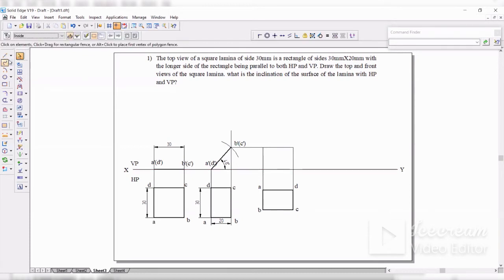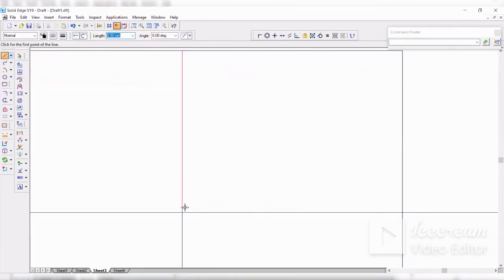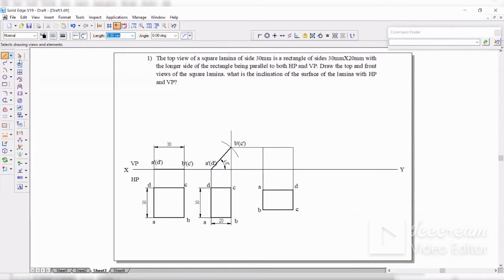Second, I did not get this properly. So from this intersection, I should get a point. So if I'm not getting it, I'll take zoom. I'll get the intersection here, from here to here. Now I've got the points, but all of them are not visible. So I'll select each one of them and make it visible.